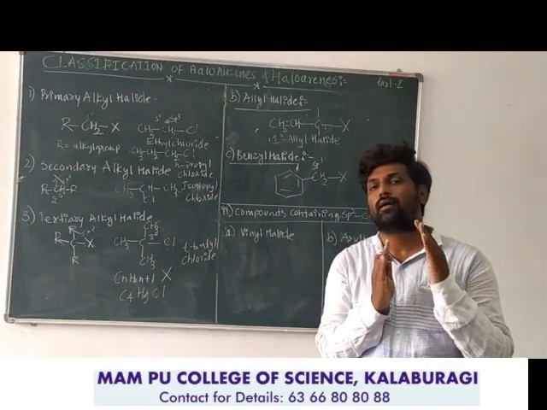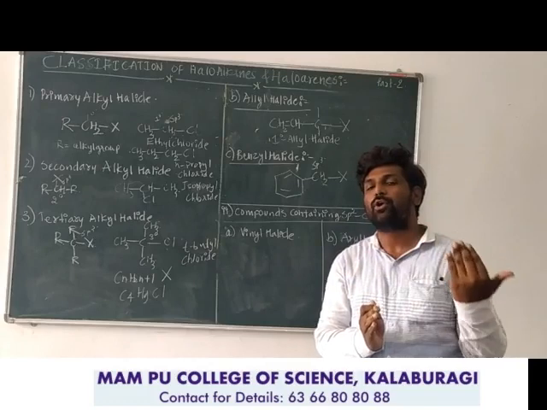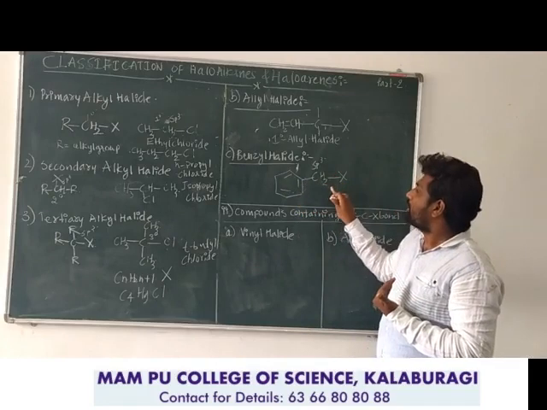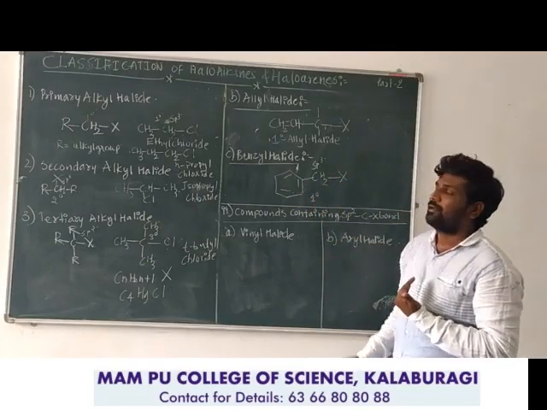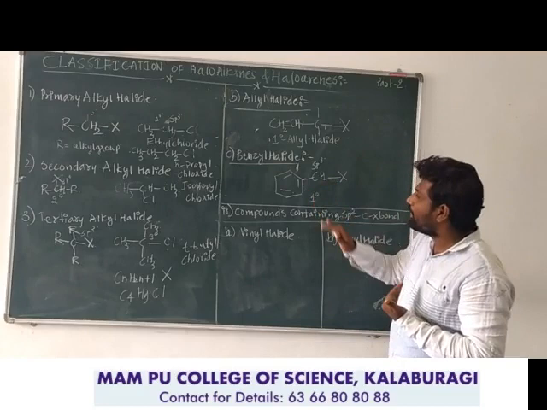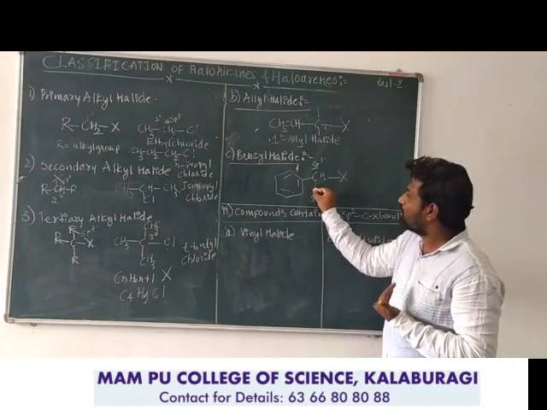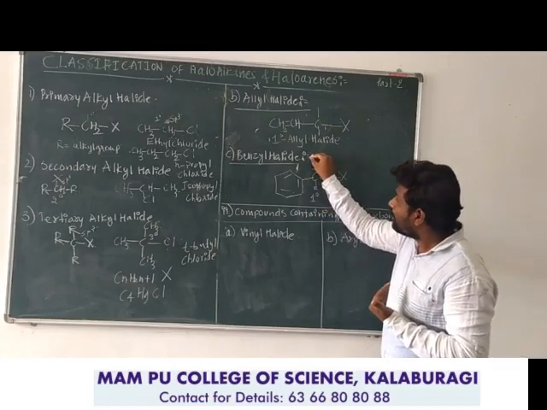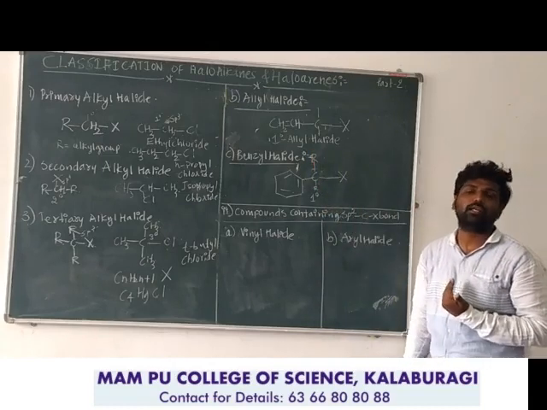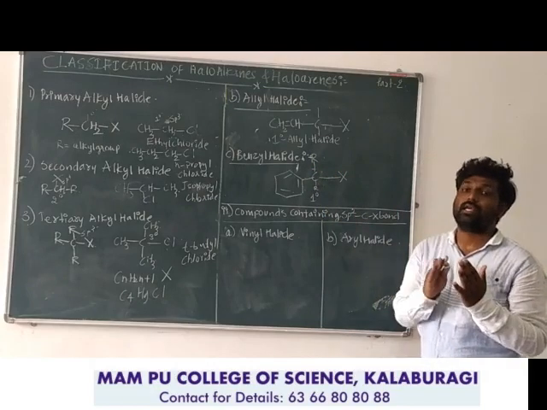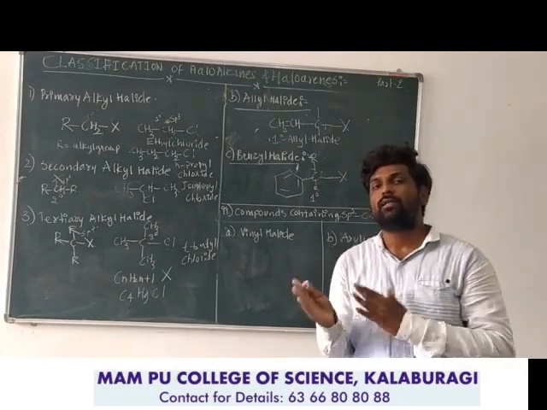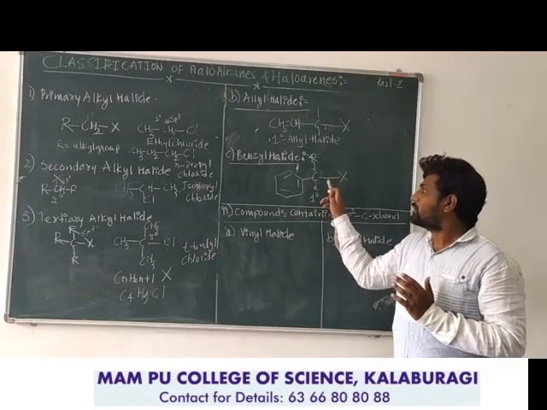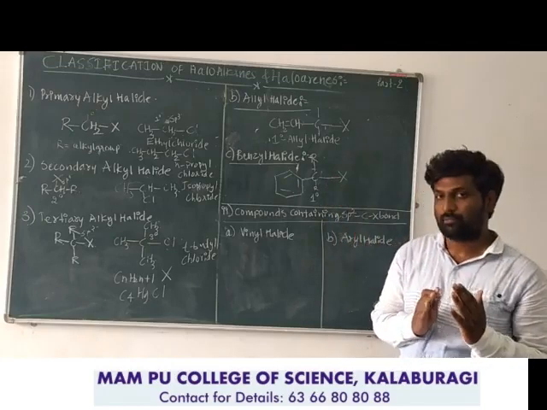Benzyl halides are the compounds in which the halogen is bonded to the sp3 hybridized carbon next to the benzene ring. Second, this is a primary benzylic halide. If I remove another hydrogen atom from this and bond it with any other carbon atom, then it is a secondary benzylic halide. If it is bonded to another carbon atom, then it is known as a tertiary benzylic halide. So benzylic halides can also be classified as primary, secondary and tertiary based on the nature of the carbon atom to which the halogen atom